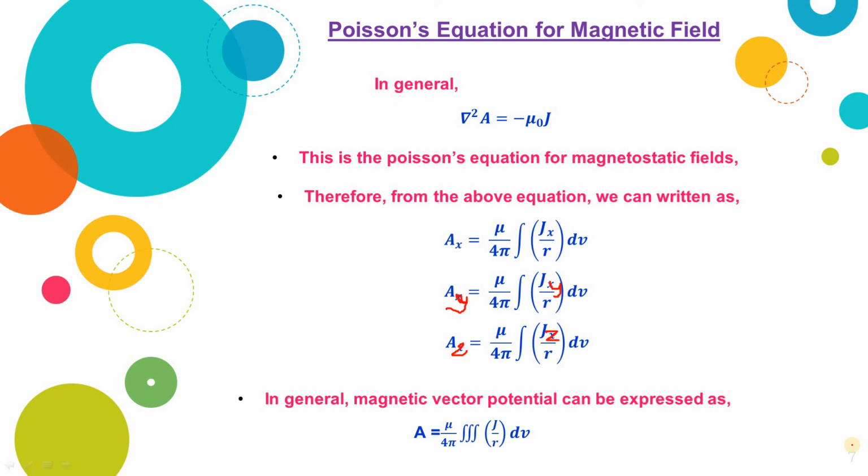To repeat, in this video we have gone through the derivation of the magnetic scalar and vector potential. First we saw the magnetic scalar potential, from which we obtained the Laplace equation. Next we saw the vector potential, from which we obtained the Poisson's equation. So this is the derivation of the magnetic scalar and vector potential, and we also obtained Laplace's and